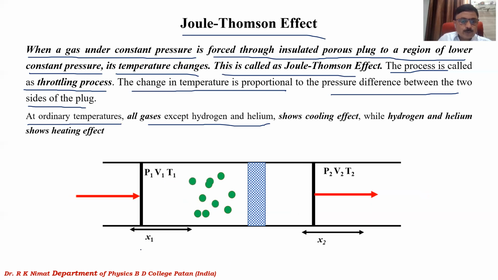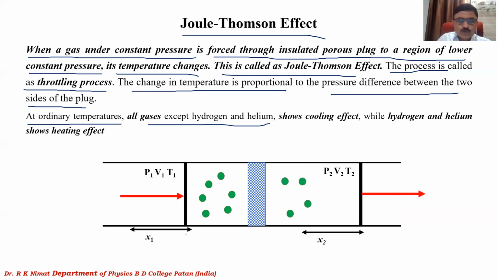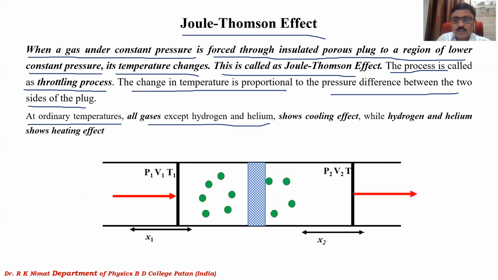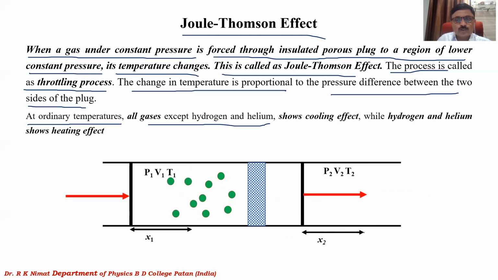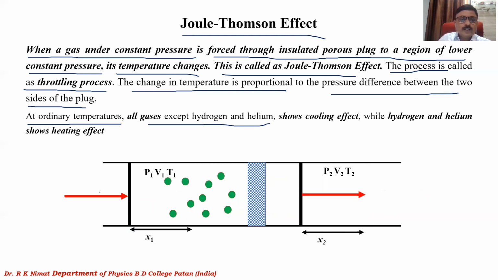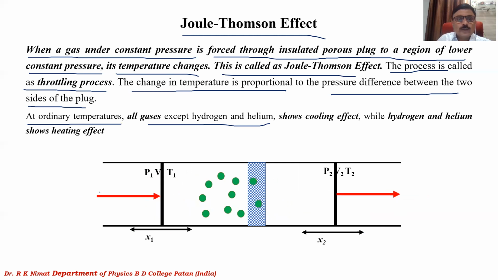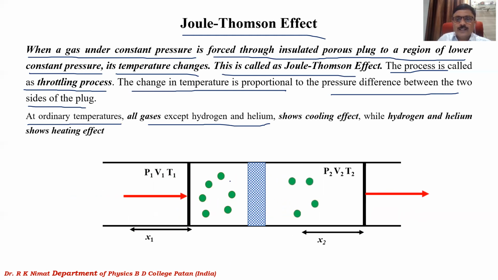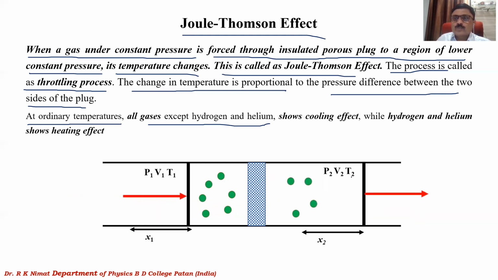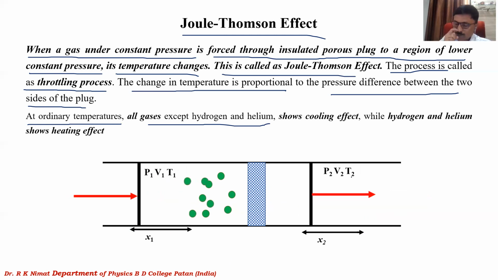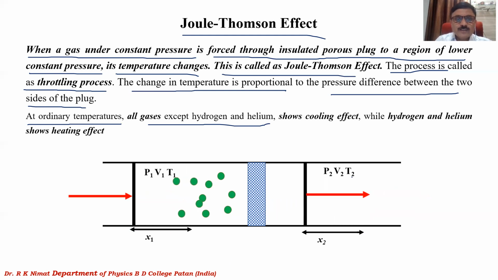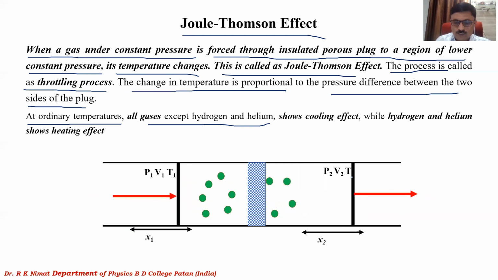So suppose this x1 is the distance through which the piston is moved, and here on the other side, x2 is the displacement of the piston on the other side of the porous plug. I will call this piston B and this piston A. Let P1, V1 and T1 be the initial pressure, volume, and temperature of gas respectively, and P2, V2, and T2 are the pressure, volume, and temperature of the gas on the other side of the porous plug, or after expansion of the gas. This is the very simple animation that can be used to understand the Joule-Thomson effect.